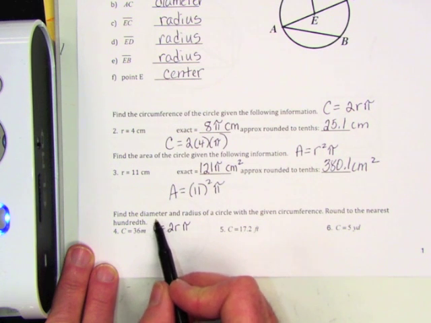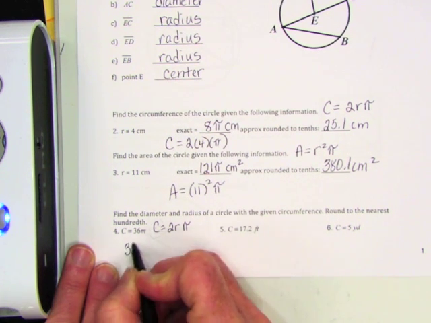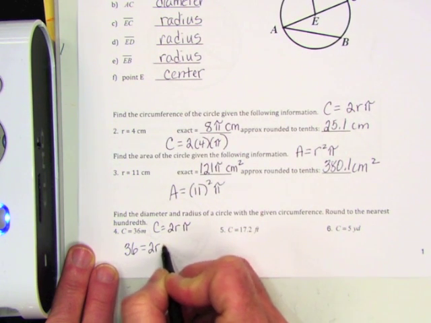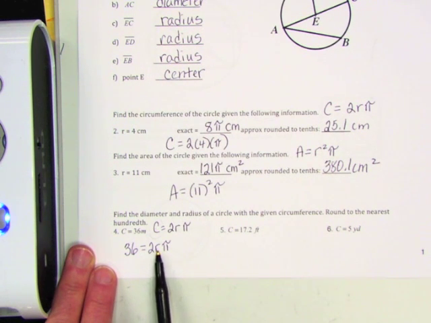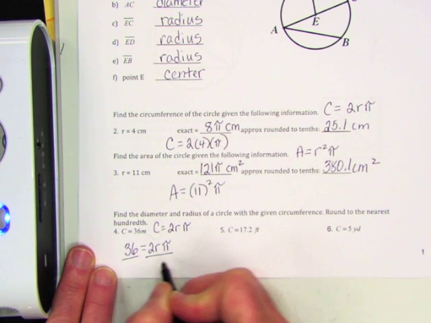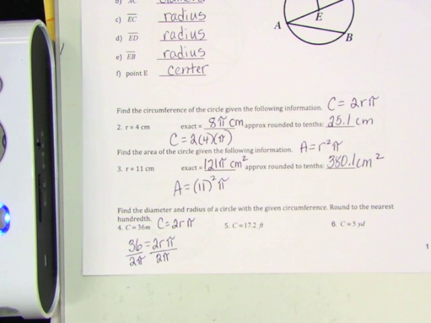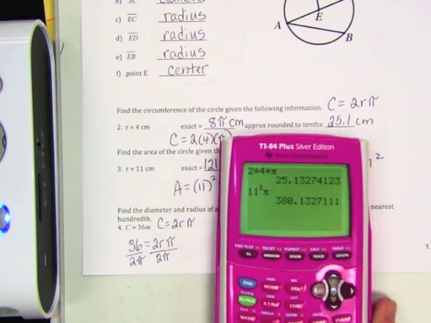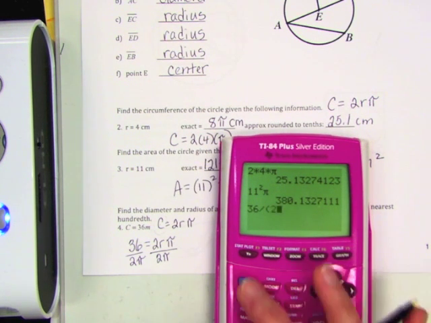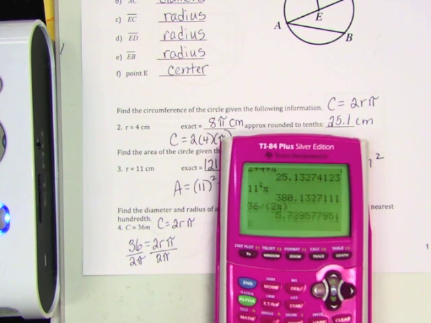So in place of the C, I will write 36 equals 2 times the radius times pi. And now I am solving for R. Now in this case, we will divide both sides by 2 pi. In doing so, we will be left with R. So we're going to go to our calculator, and we're going to take 36, and we're going to divide by 2 pi. Now, in order to divide by 2 pi, I'm actually going to put 2 pi in parentheses. So 2 pi. I'm going to hit enter,